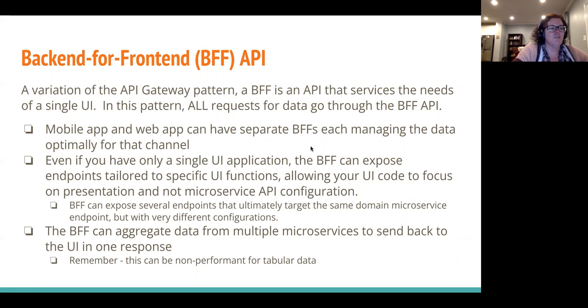So for example, you might return much smaller data structures for a similar query for a mobile app, or use a smaller page size, just because of the additional bandwidth limitations and smaller screen size on a mobile device. But you can use a BFF even if you only have a single UI per application. And we do this where I work. And another reason to use a BFF in that scenario is to simplify data access for the user interface.